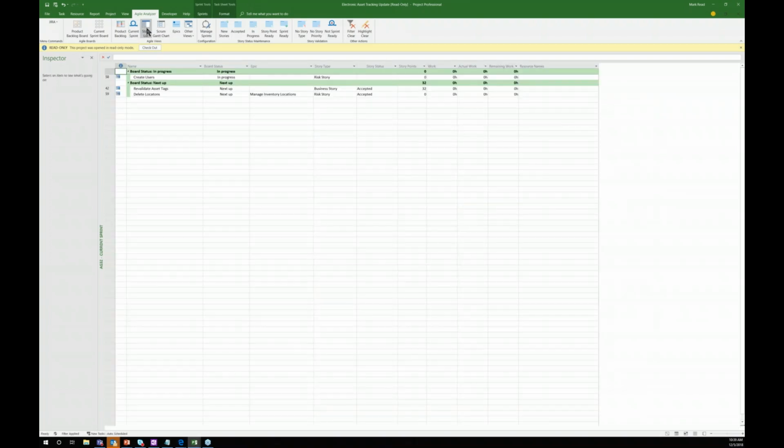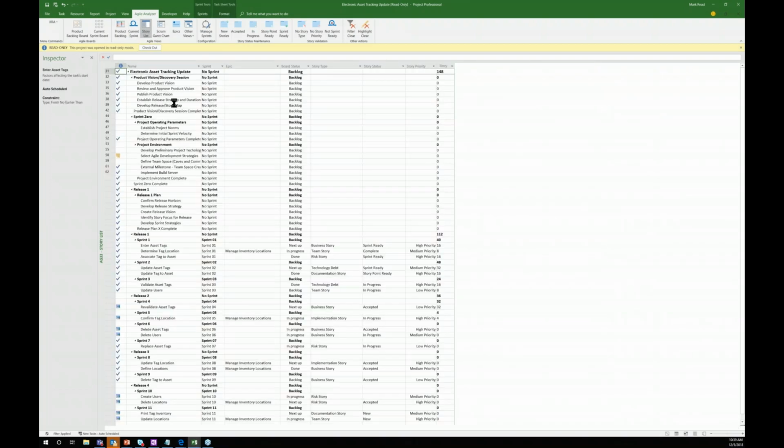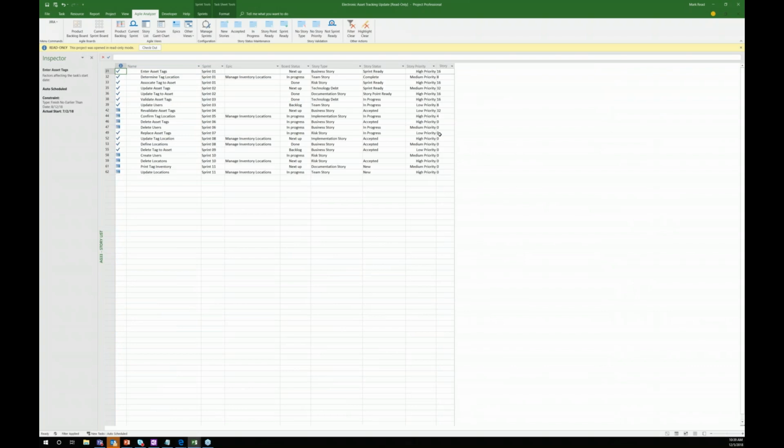Look at the current sprint, look at the story list, understand we've added these story point fields, and we've added them not just to the Project Pro client, but to the Project Online client,